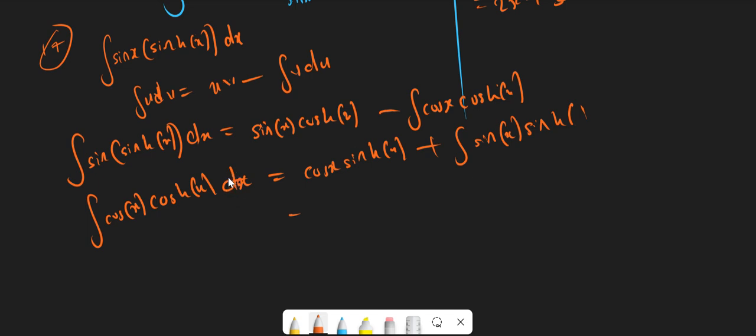So you will have the equation, if you consider this as your I, that I is equal to sine of x